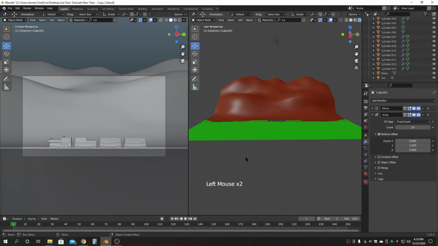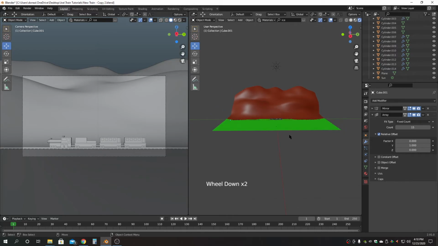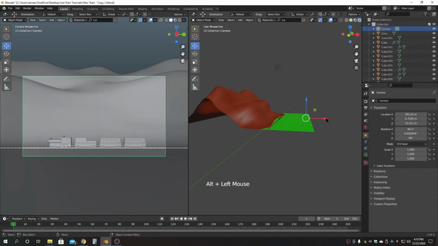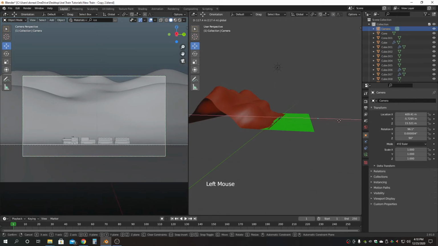So now my tracks kind of go further. So now when I grab my camera, which is up at the top of my list over here in my outliner, I can go ahead and pull it back further,